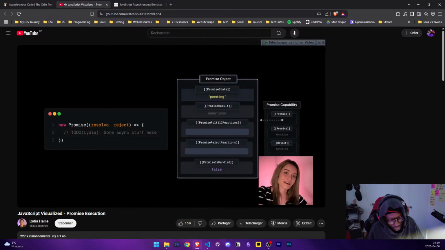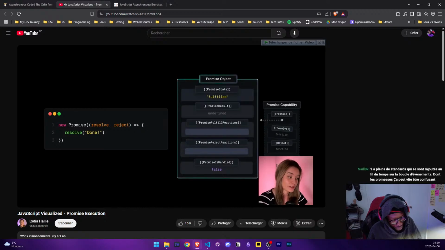We also get some additional functionality to either resolve or reject this promise. Now we can resolve this promise by calling resolve, which is made available to us by the executor function. And when we call resolve, the promise state is set to fulfilled, and the promise result is set to the value that we pass to resolve, so the string done in this case. Similarly, we can reject the promise by calling reject, in which case the promise state is set to rejected, and